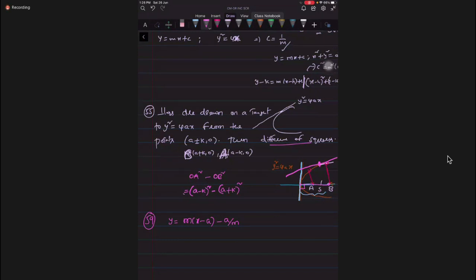Which of the following parabolas in the options have vertex as a comma 0? Two parabolas, that is the second equation and the fourth equation. Second and fourth options. Understand, students? Okay, leave that. Next one, so its vertex I can decide now. From this discussion only we are getting that point. Got it?